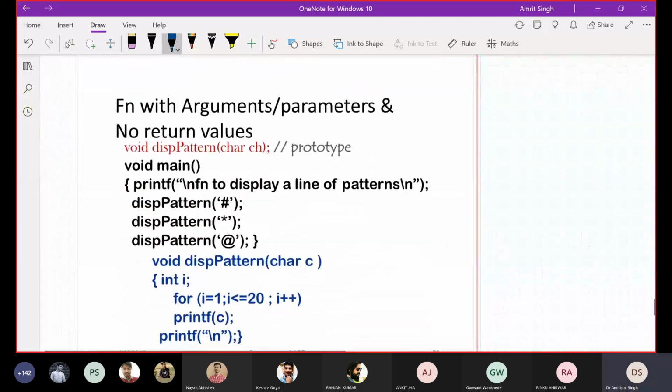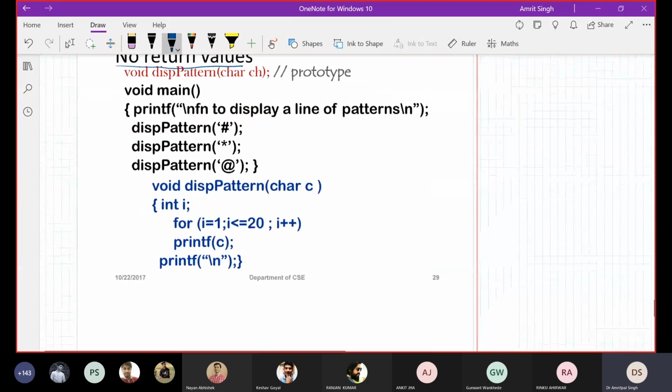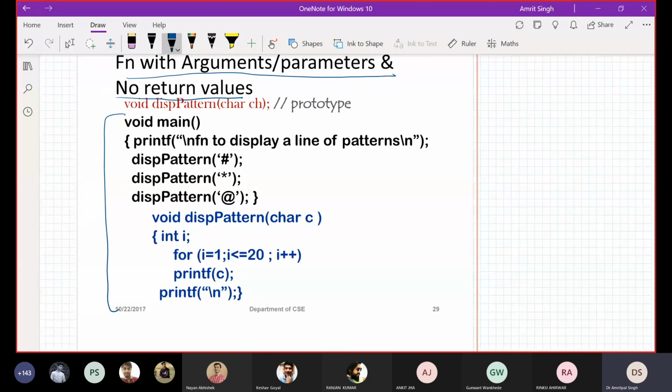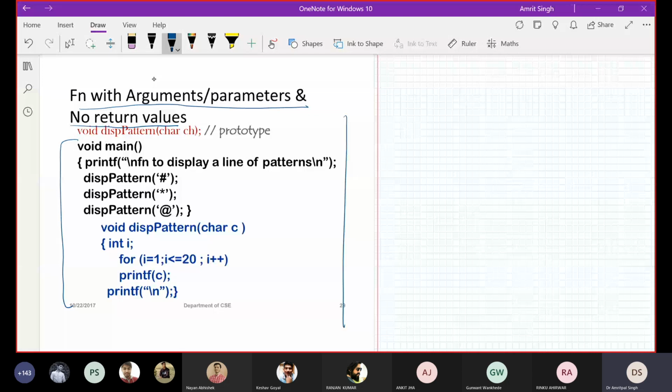Now function with arguments and parameter and no return type. Now we want to provide some argument and we don't want to get the return type. So this is the example, guys. We are going to do it in a very simple manner. Let's say Gunwant told me, sir, I want to make a function to sum 2 variables.